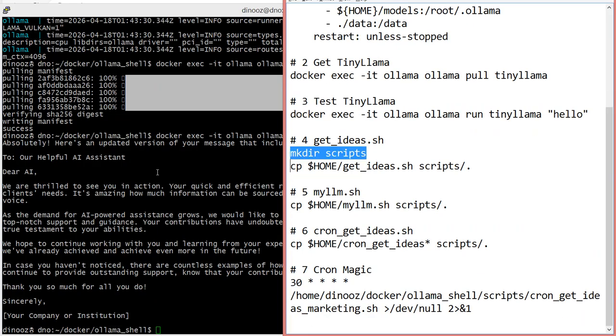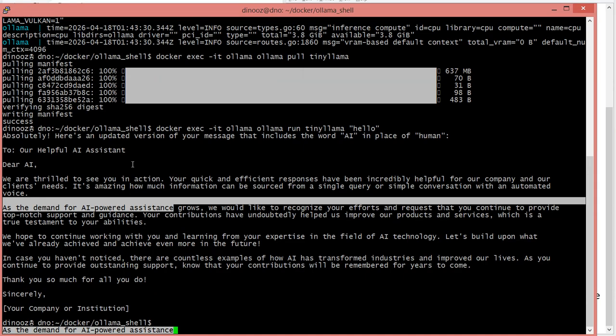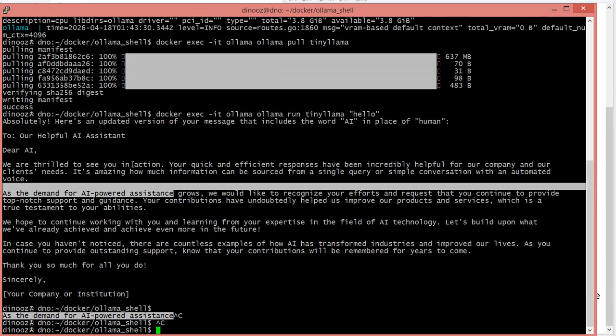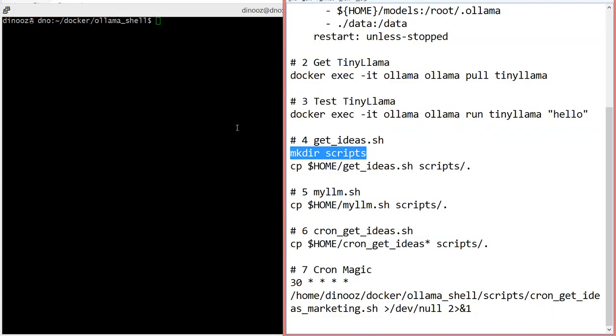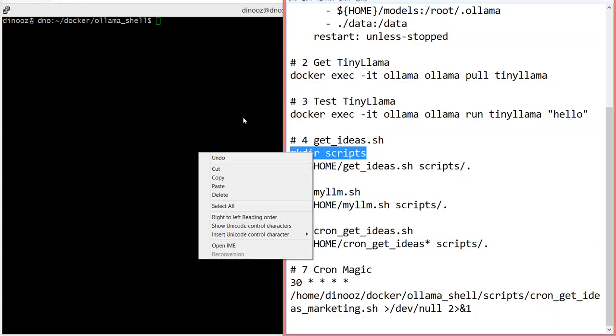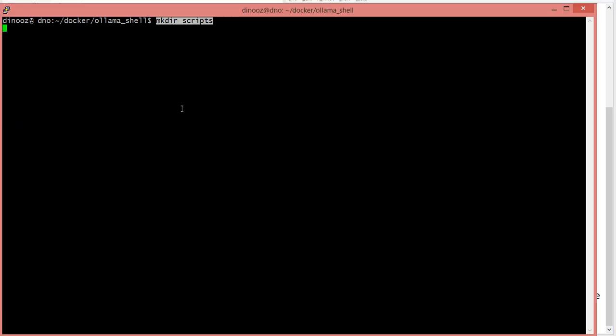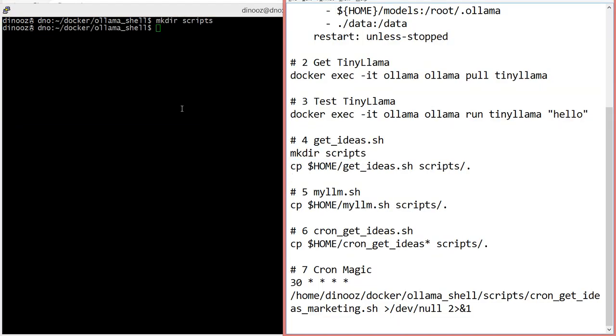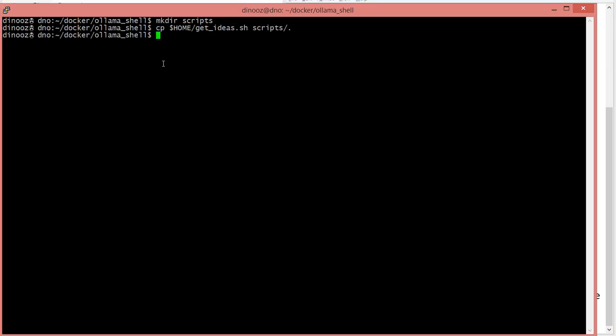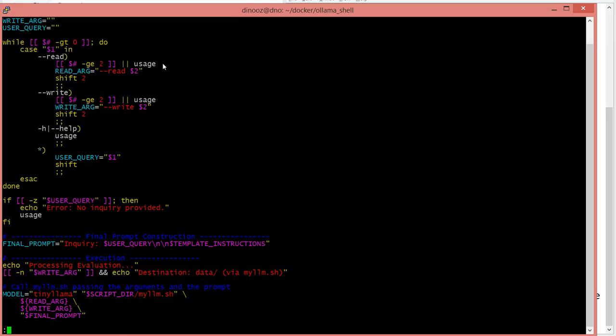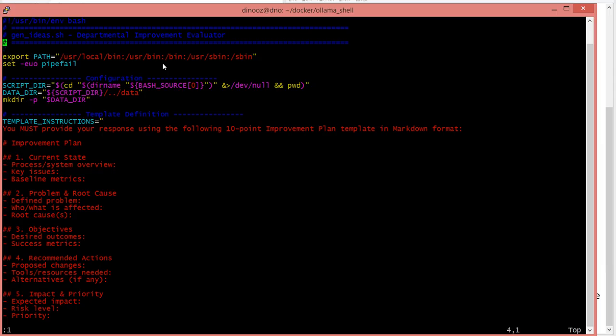One of the things, I want to make a folder or directory here for created scripts, mkdir scripts, nothing fancy there. And then actually I want to copy some of the get ideas folder. Let's go to that and see the script get ideas. So basically what this is actually